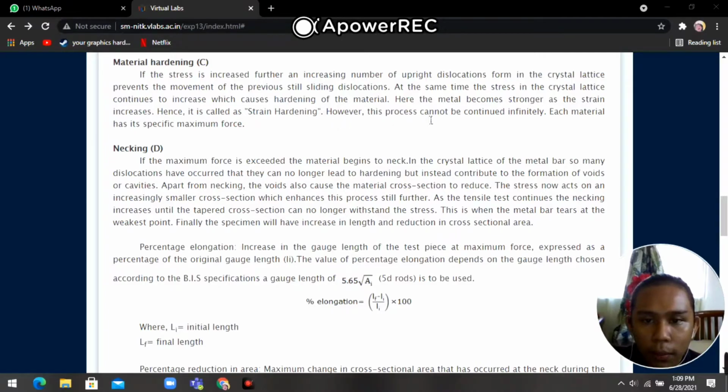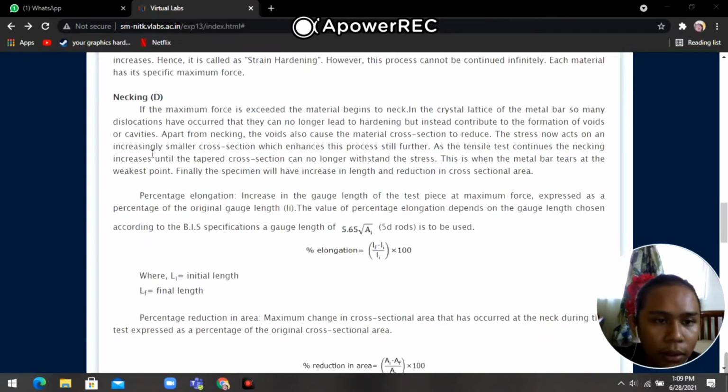However, this process cannot be continued infinitely. Each material has its specific maximum force. Necking. If the maximum force is exceeded, the material begins to neck in the crystal lattice of the metal bar. So many dislocations have occurred that they can no longer lead to hardening, but instead contribute to the formation